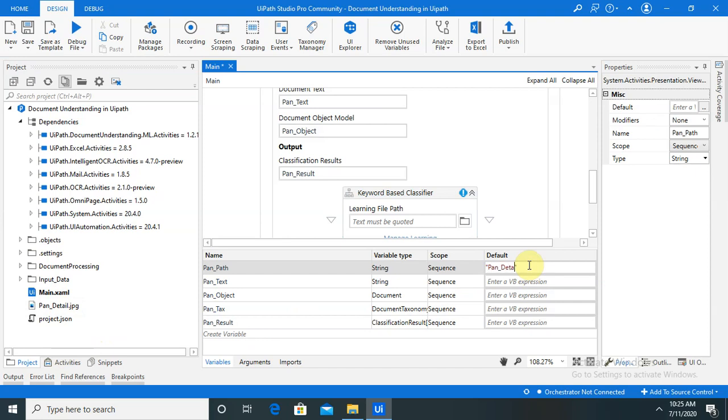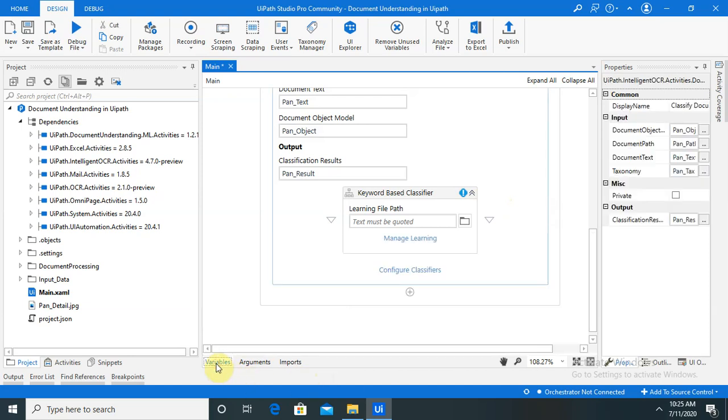PAN detail.jpg. Now you can see PAN path is done. Let's move to this part.